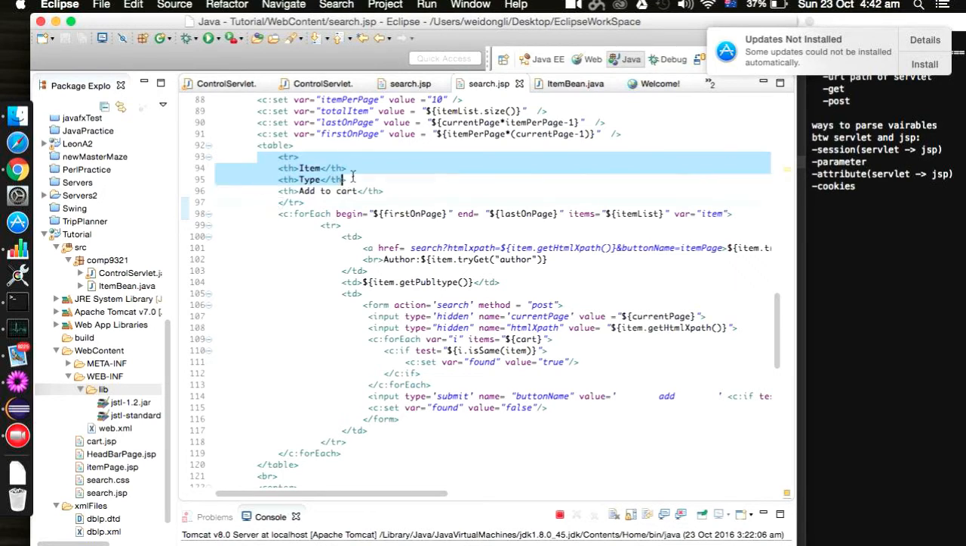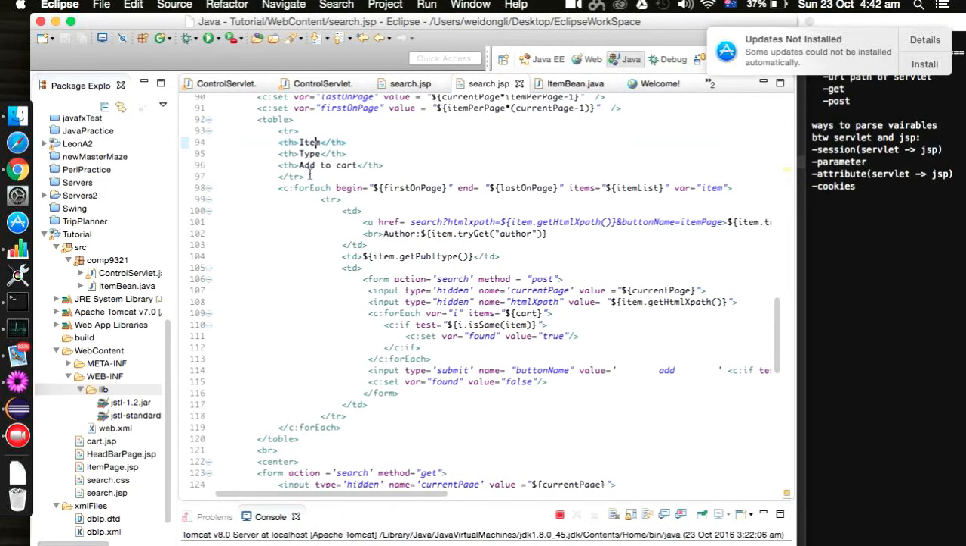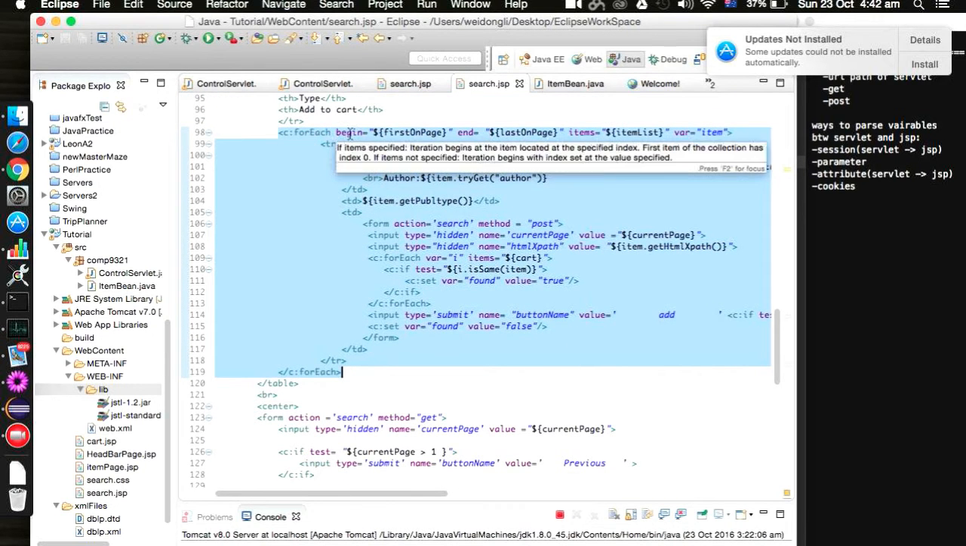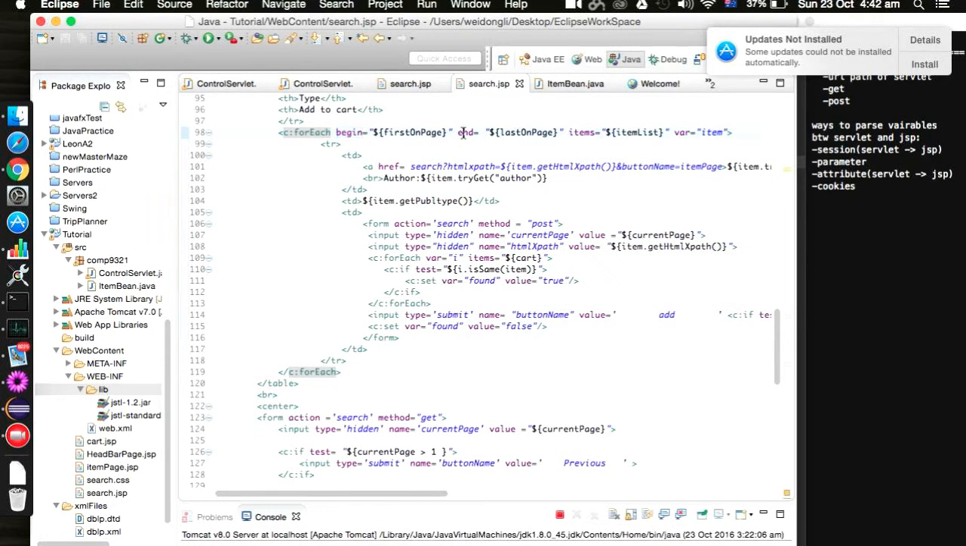and then inside the table, we have 3 columns, right? Item, tab, and add card. We have th tag for the headings, and tr tag to indicate they're in the same row, and then this is the for each block of the C tag. So inside this for each tag, you can have begin and end. Well, this specifies the range of the for each loop, and items equals to the collection, and for each variable, we're going to name it item. Okay,